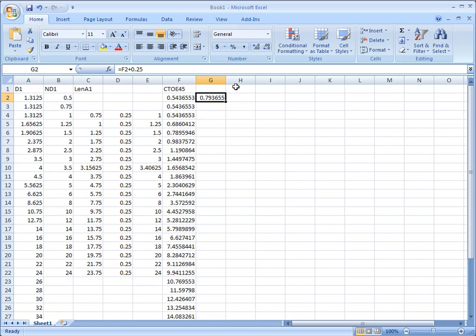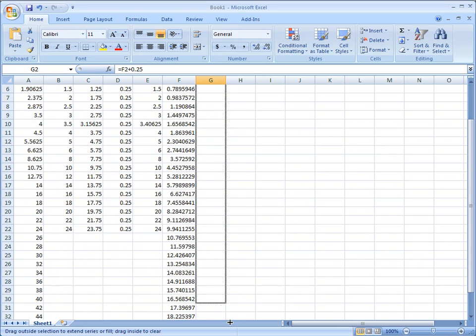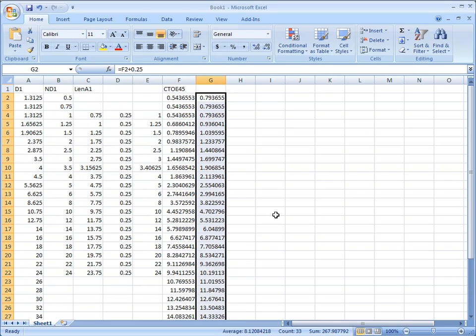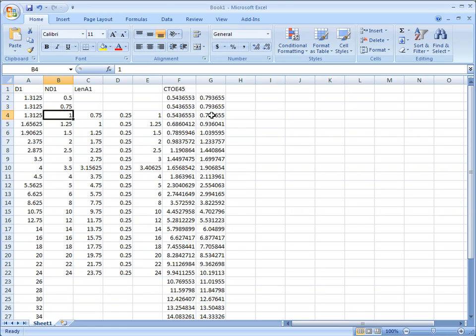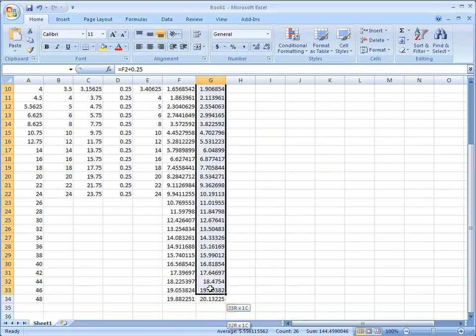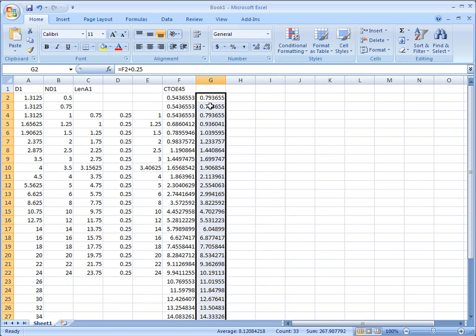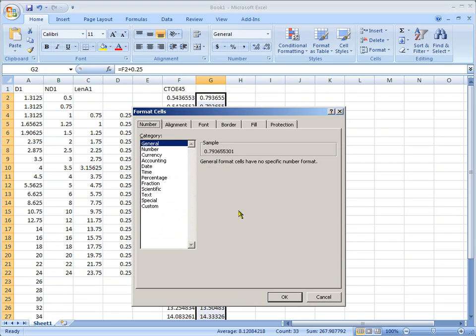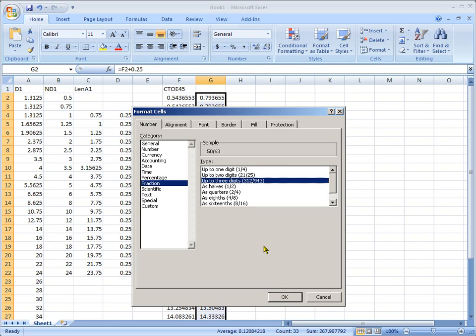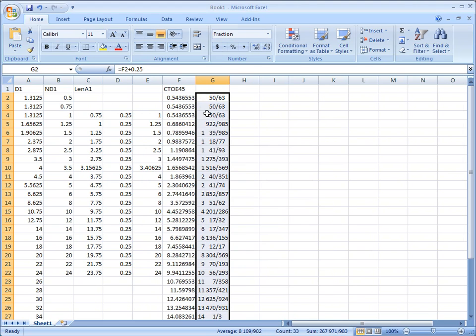Alright. So I'm going to drag this all the way down for all our sizes. And note that these are the same. So I made the first 3 the same. Now, there's another little trick here we can do. Let's take these values and format them into a fraction. We're going to say format cells, change the number to a fraction, and I want to say up to 3 digits. We'll get 3-digit precision, but I think